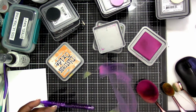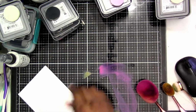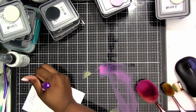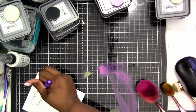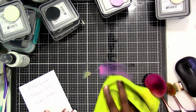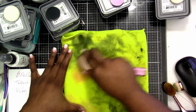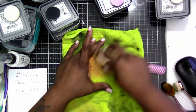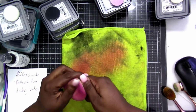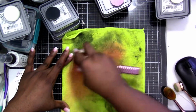I'm just checking off on my little cheat sheet on my different color themes. And I'm just writing once again on the back because I like to make sure that I tell you the color combos as we go along, because you know it's inevitable. You do a video, you get it ready, and then you go to do the voiceover and it's like, wait, what did I do? I'm seeing it for the first time too, you know what I mean? Okay, so